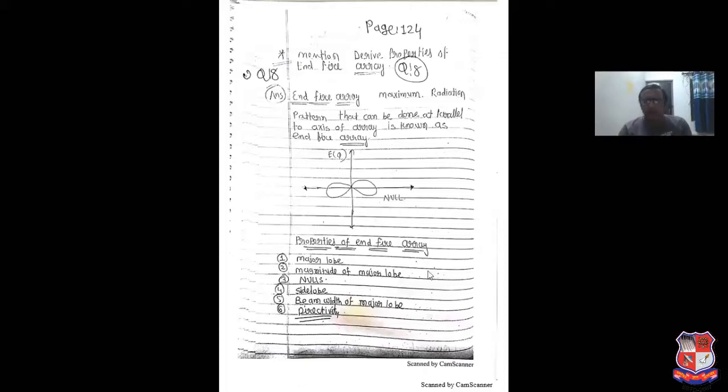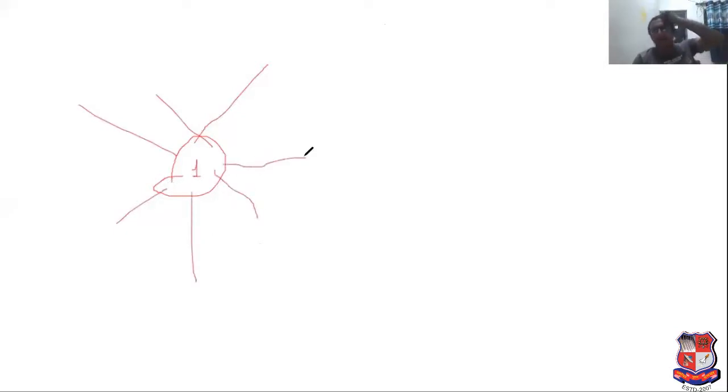whiteboard. See, what is the meaning of broadside array? Suppose this is, say, any particular area. Consider this is area 1. Now see, if any particular 10 antenna can be allocated to this particular area. Now, this is known as second area. There are only 2 or 3 antenna that can be connected.